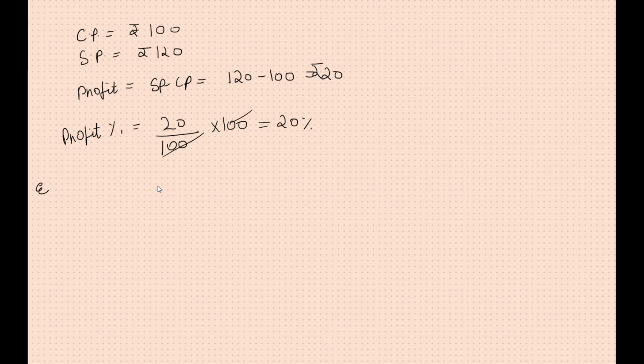Example 6. Sham sold a book for rupees 120 at a profit of rupees 40. So his selling price is 120 rupees. Profit 40 rupees. Okay, so cost price will be, children, selling price